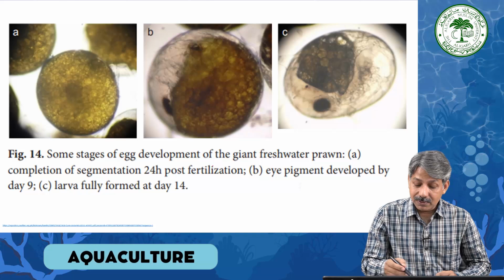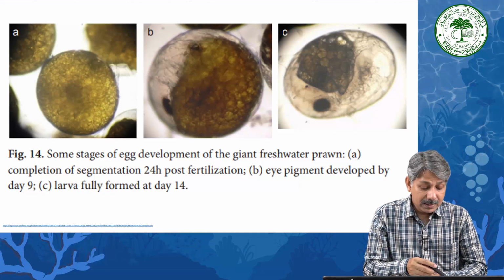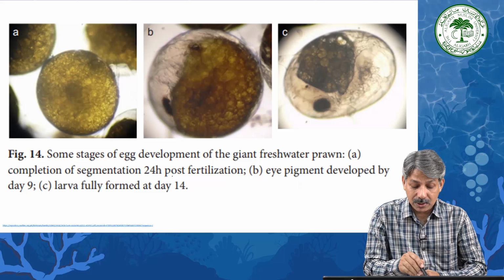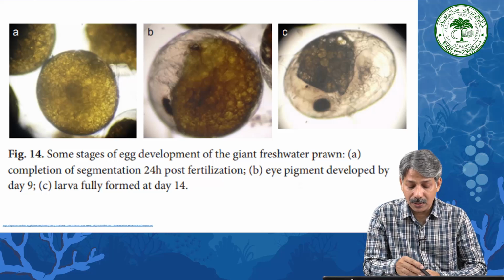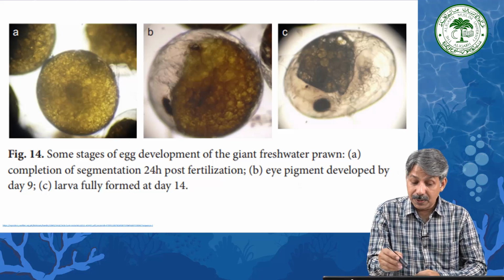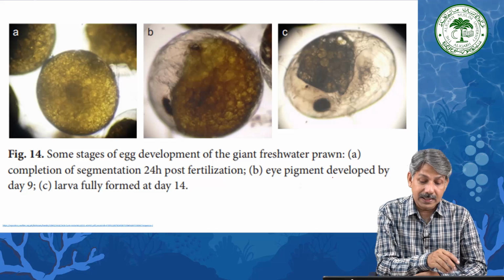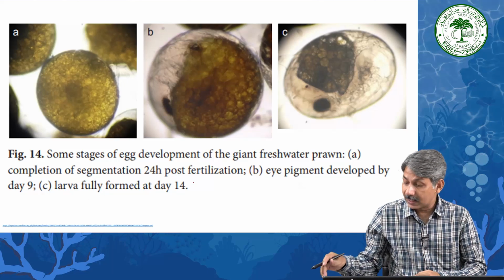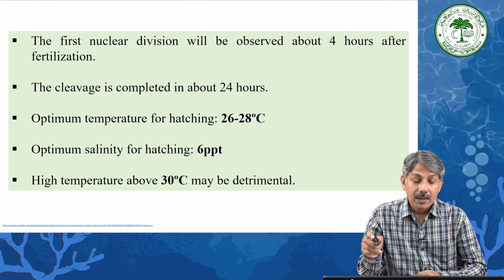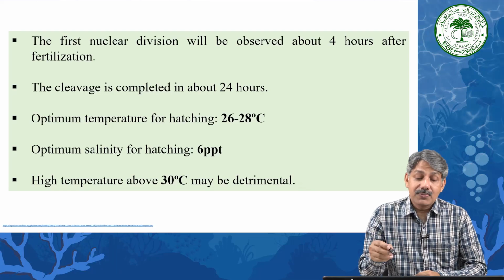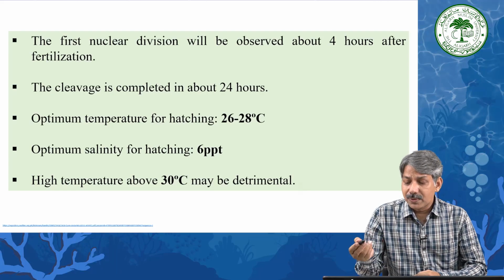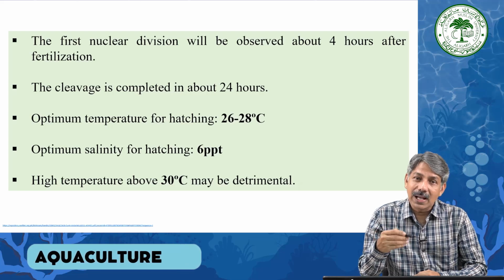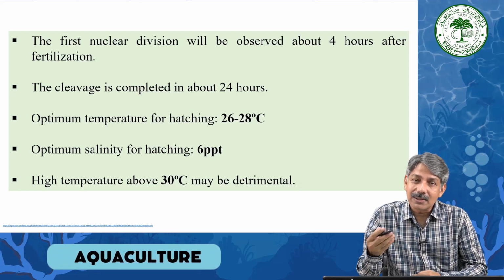Some stages of egg development of the giant freshwater prawn. A shows completion of segmentation, 24 hours post-fertilization. B shows eye pigment developed by day 9, and the larva is fully formed at day 14 in case of C. The first nuclear division may be observed about 4 hours after fertilization, and all these timelines are dependent on many other factors,